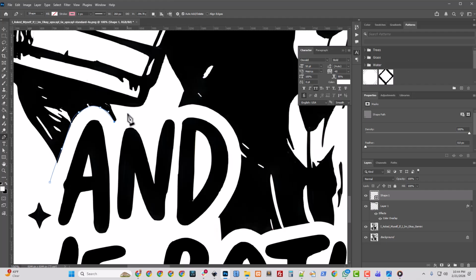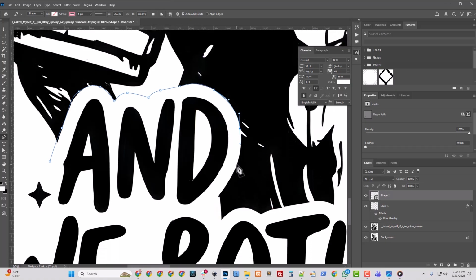Whoops. Something like this. And then we'll come in just a bit, and then we'll come back out. And we'll try to follow this example. I'm obviously not doing that perfectly. Oops. And then down here, I don't care. I just need to follow it along. I don't need to worry about the shape anymore.